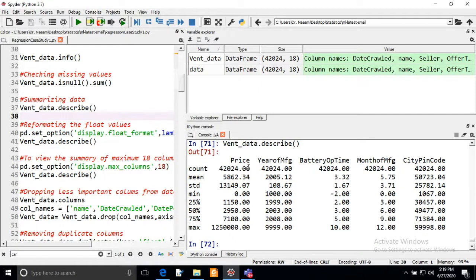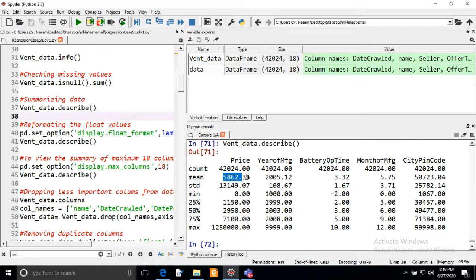It shows the price, year of manufacturing, battery operating time, month of manufacturing, and city pin code number. For the price, we have 42,024 entries, meaning no missing values.